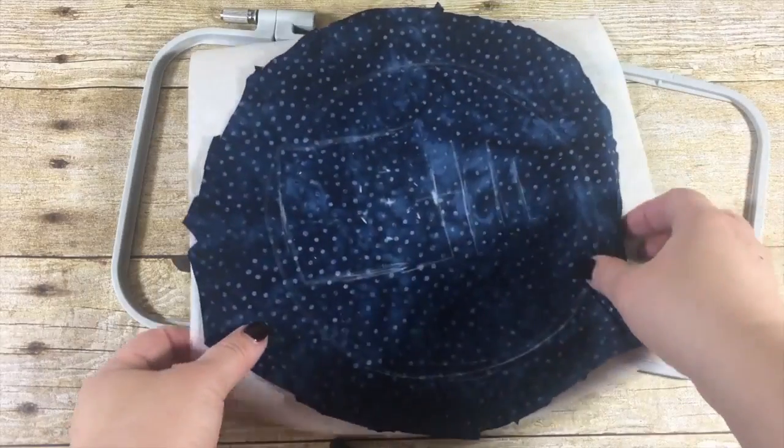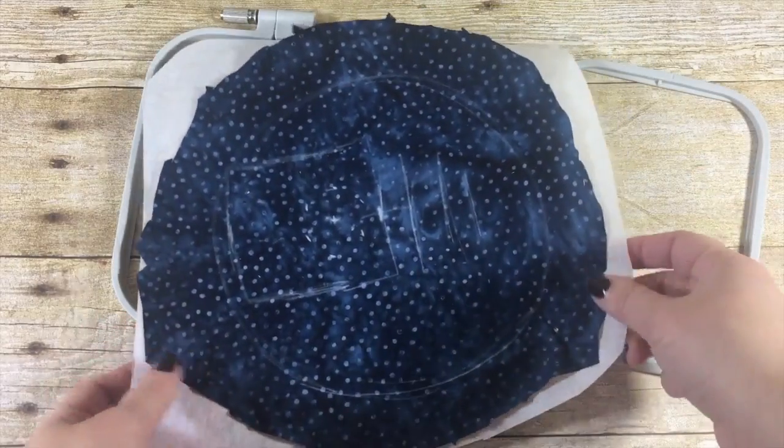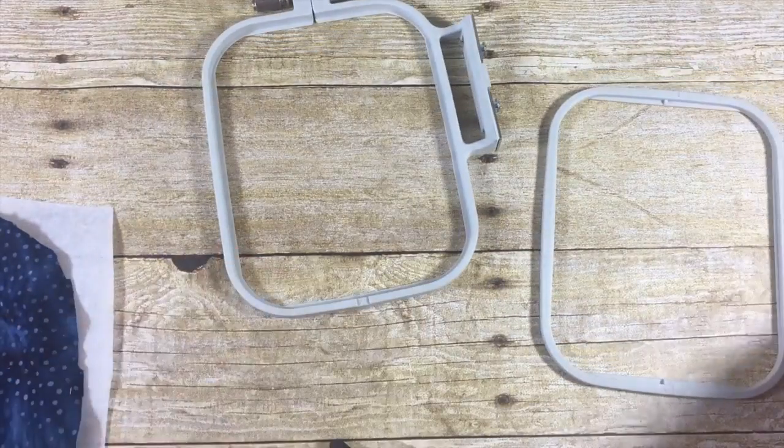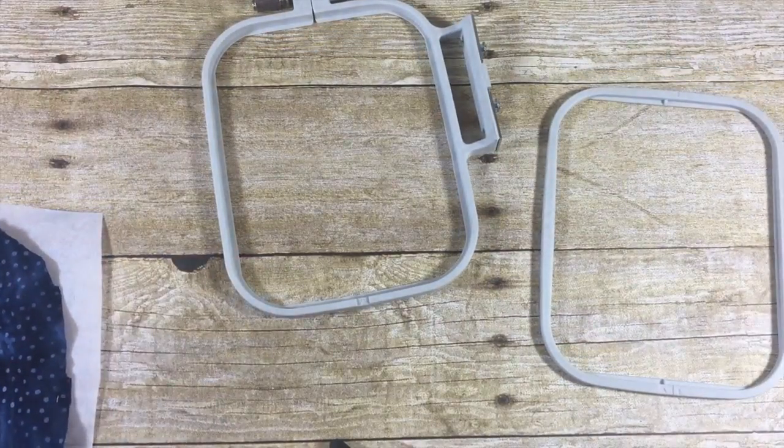You always want to embroider with stabilizer. This is a tearaway stabilizer. If you're going to make a washable piece, you could make it be a water-soluble stabilizer. So what I'm going to do now